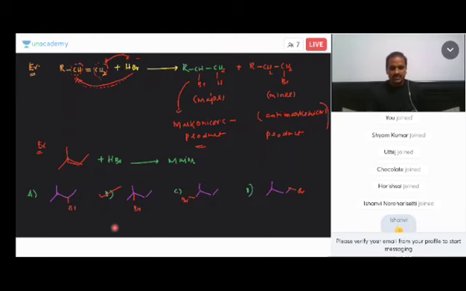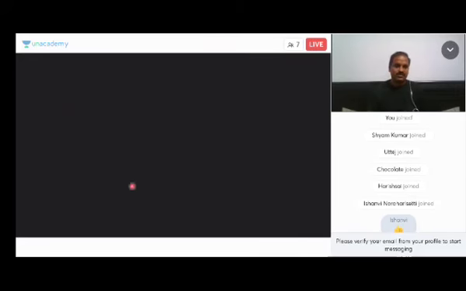Because you see the stability of the carbocation after adding H plus. So let me write the carbocation. Here it is an alkene, and if you add H plus, there are two possibilities, so we have to compare the carbocation stability. Let us number the carbons C1, C2. Suppose H plus attacks at the first position, this is the second position. If the first position is attacked, then the carbocation forms here.